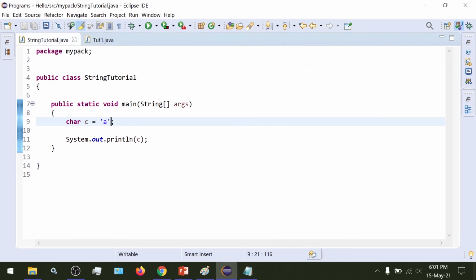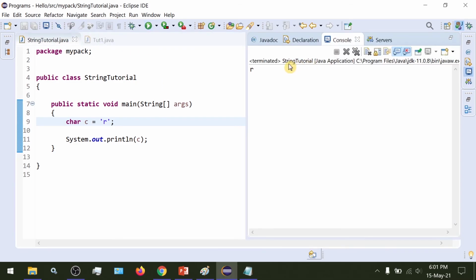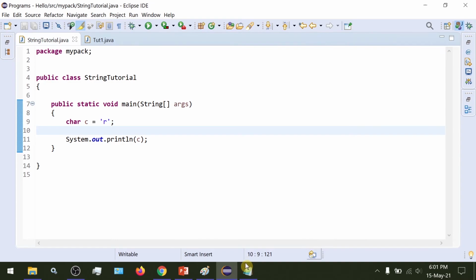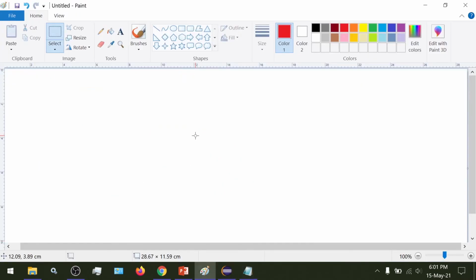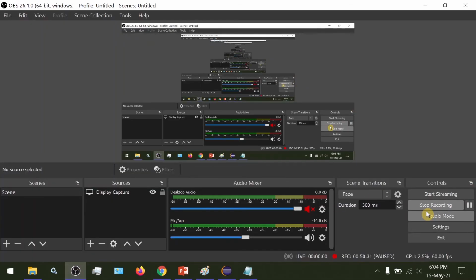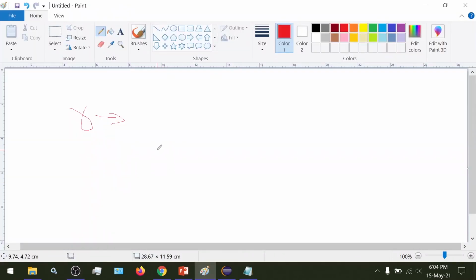So this could be anything. Suppose you want to give the character R, so if we do this, it works. What happens internally is our program encounters the character R, then it searches for the equivalent mapping. The mapping for R is 115.